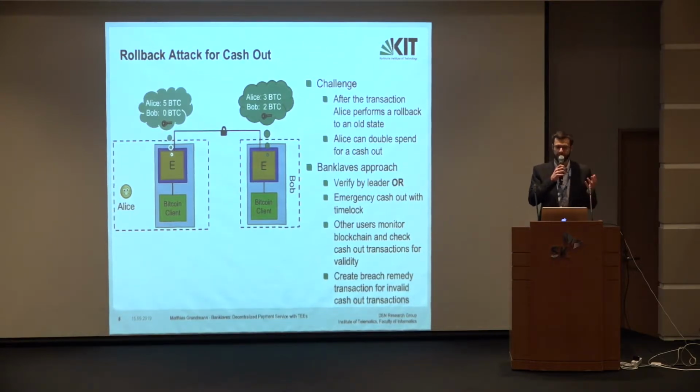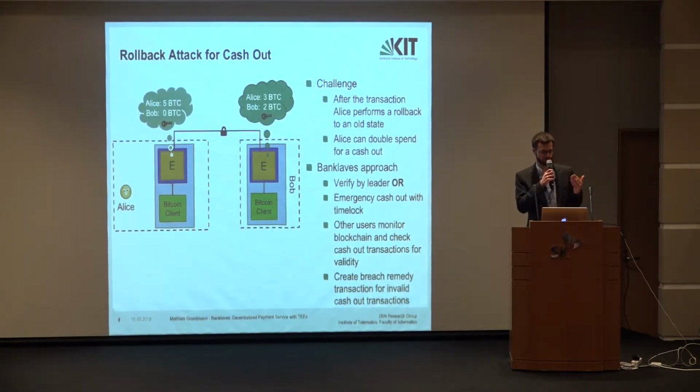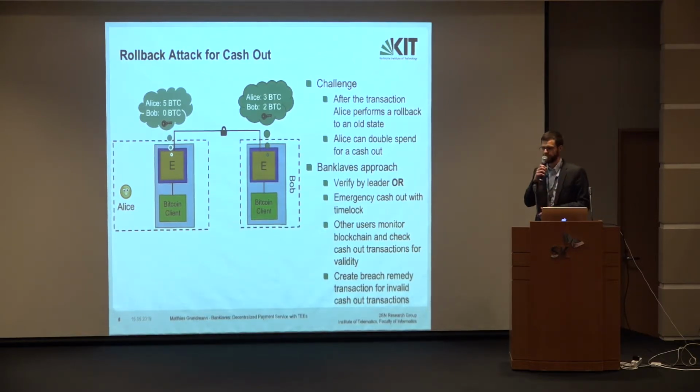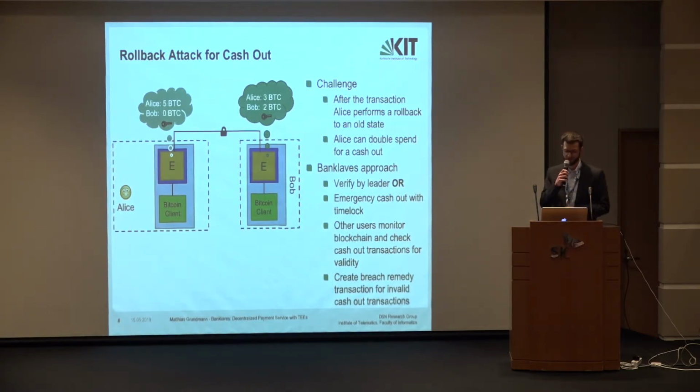To prevent a cash out in this case, we could either, again, use a leader to verify that the cash out is possible, to verify that Alice has the most current state. But this would require cooperation of another user, and we want Alice to be able to access her coins immediately without cooperation of another user. And for this, we borrow a method that is known from payment channel networks,